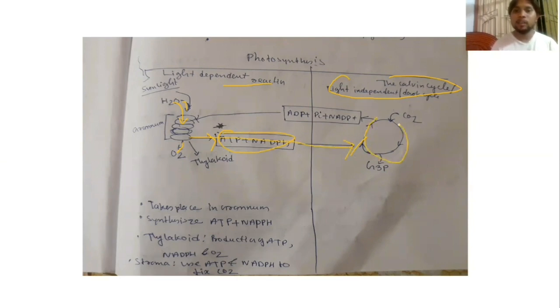This ATP and NADPH of the light dependent reaction is used in the light independent reaction to make glucose. That's why it is known as the light independent reaction. Here, light is not required. Here, only carbon dioxide is required. See, in the light dependent reaction, we didn't see carbon dioxide being used. There, only water, sunlight, the electron transporters, and the oxygen evolving complex are required. But where is our carbon dioxide being used?